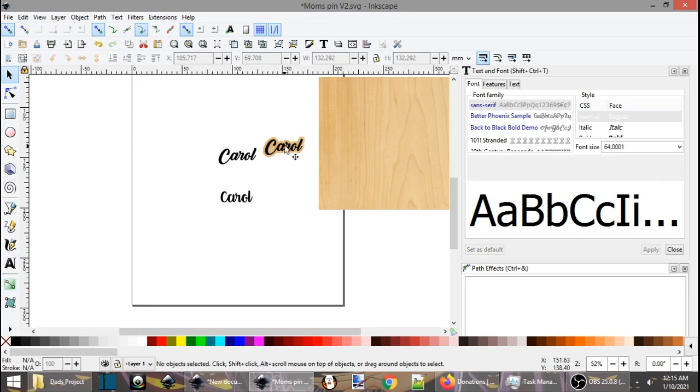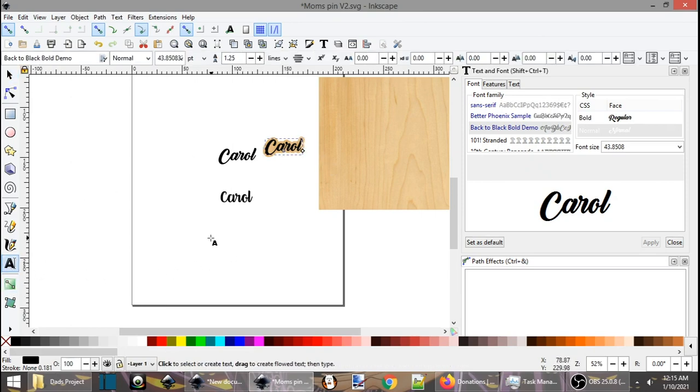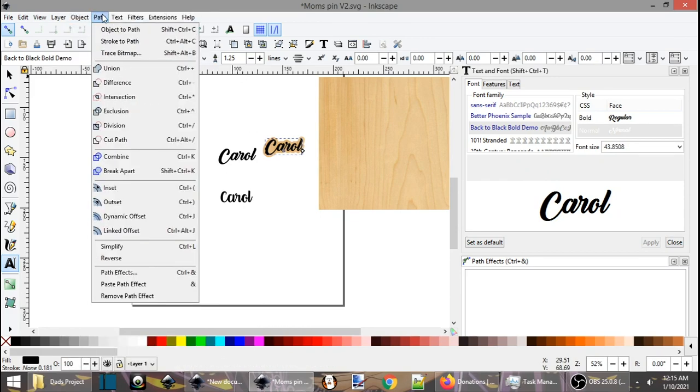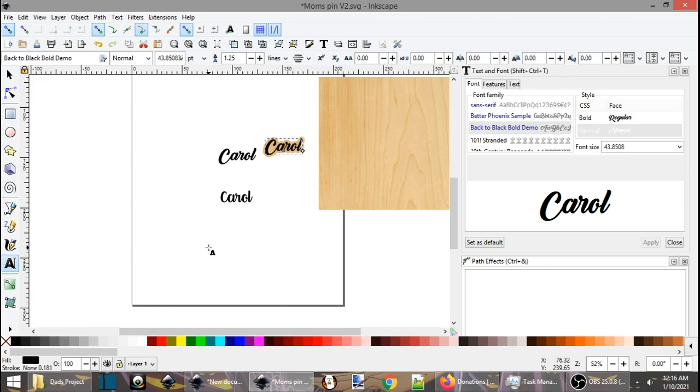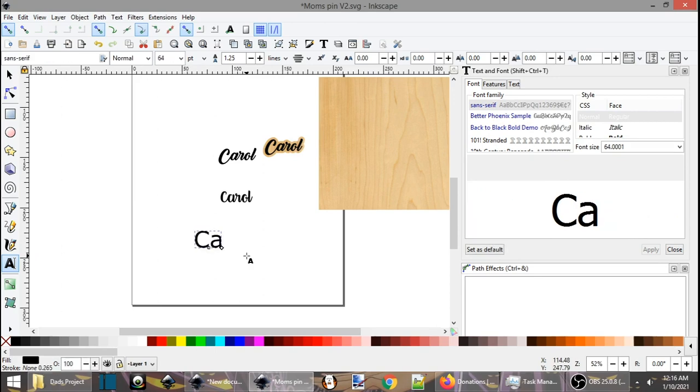But how do you create something like that? So there's a different way of doing the backer than just expanding the thickness of the stroke. It's called doing the outset, or offset, it's outset, there we go, which is Control and back parenthesis. So basically what I'm going to be doing here is something I did in a prior video as well, which is, you type out the name,